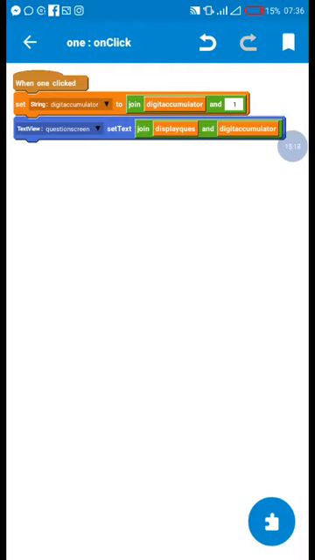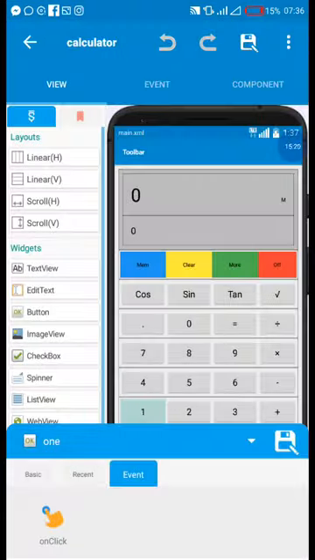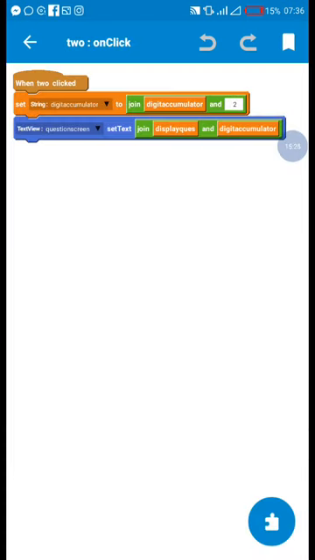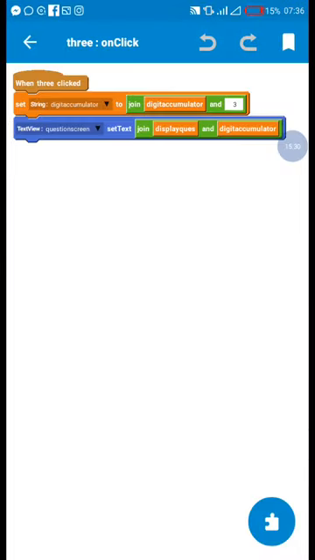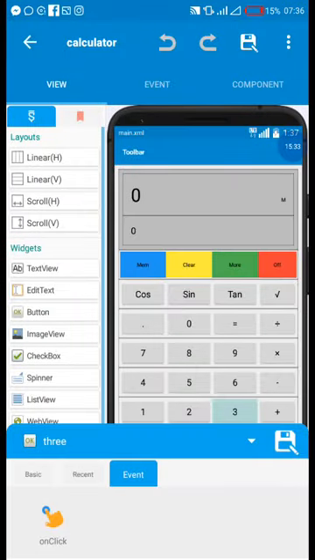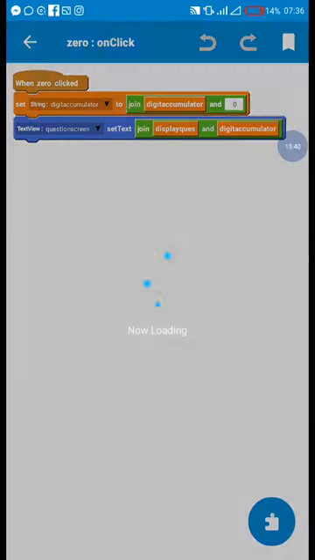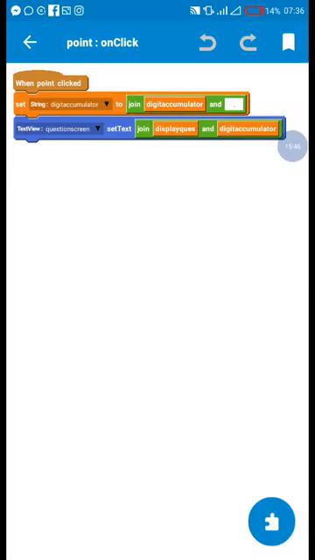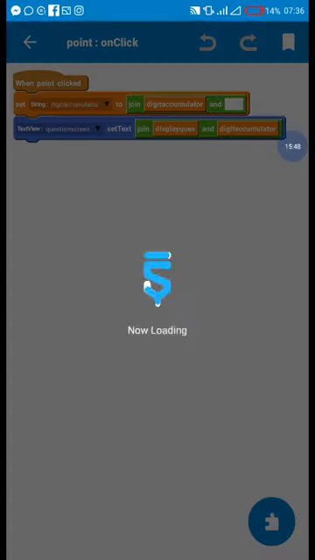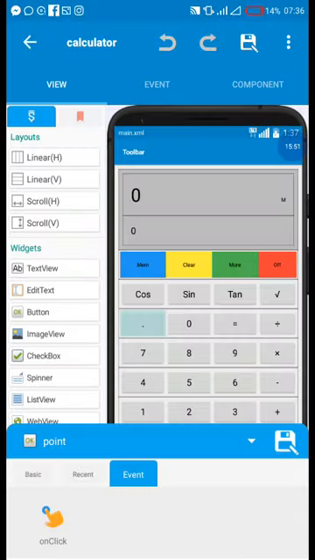So you need to set this for all your digits. I've done that for other buttons, and you are going to do it this time. You can see it now. I've done that for all the other buttons, from 1, 2, 3, 4, 5, 6, 7, 8, 9. I've done it for 0 as well, and for my decimal point. So once you've done this for all your number keys and the decimal point as well, I think it will be all set. So with this,